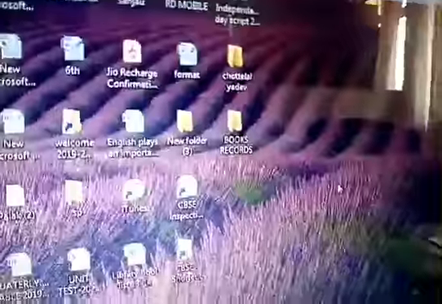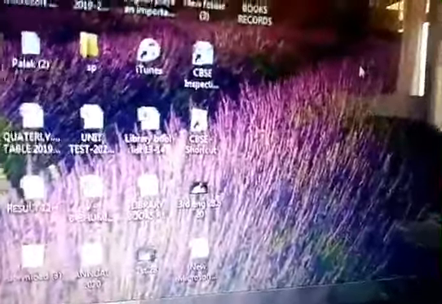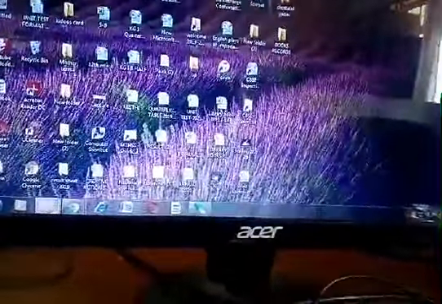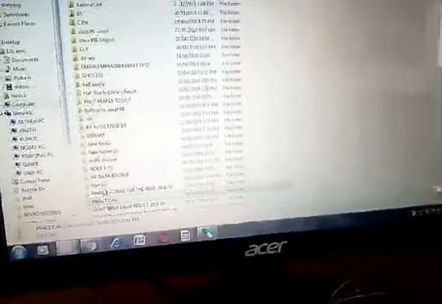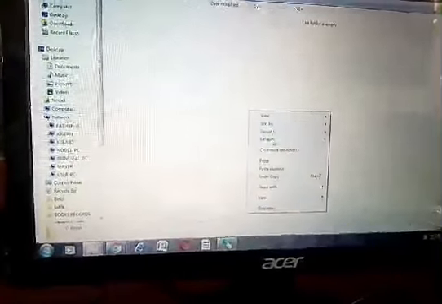Next, moving a file or folder. Now here is that folder.